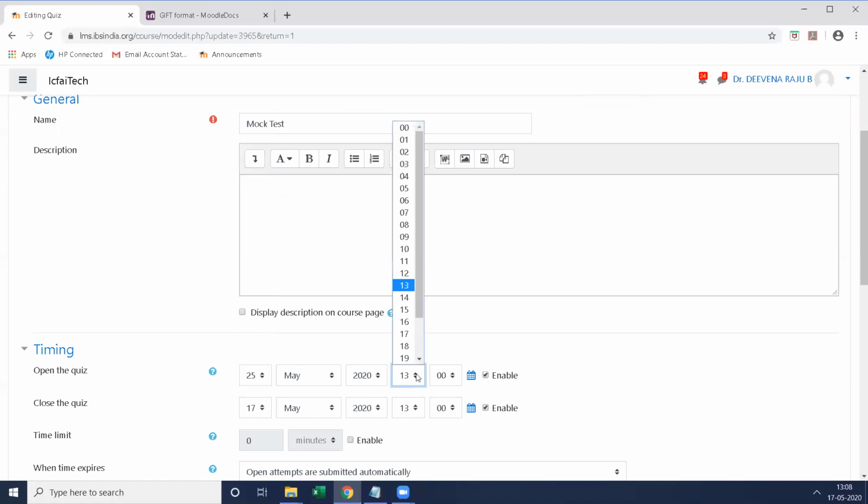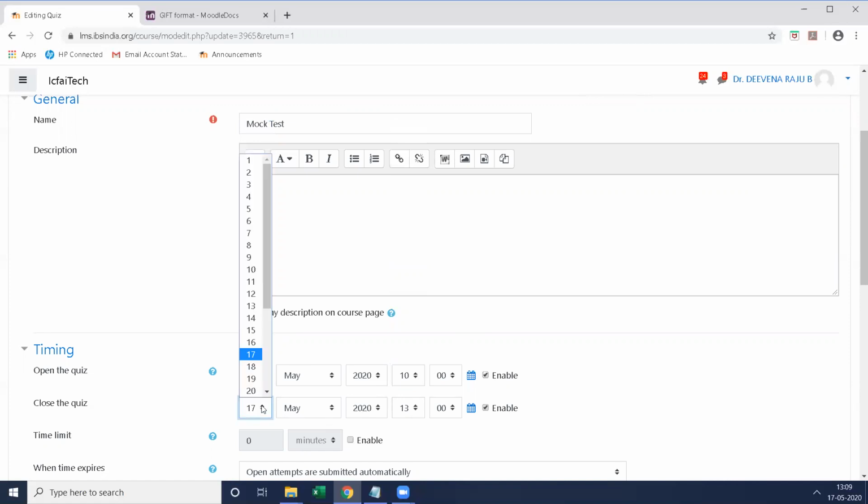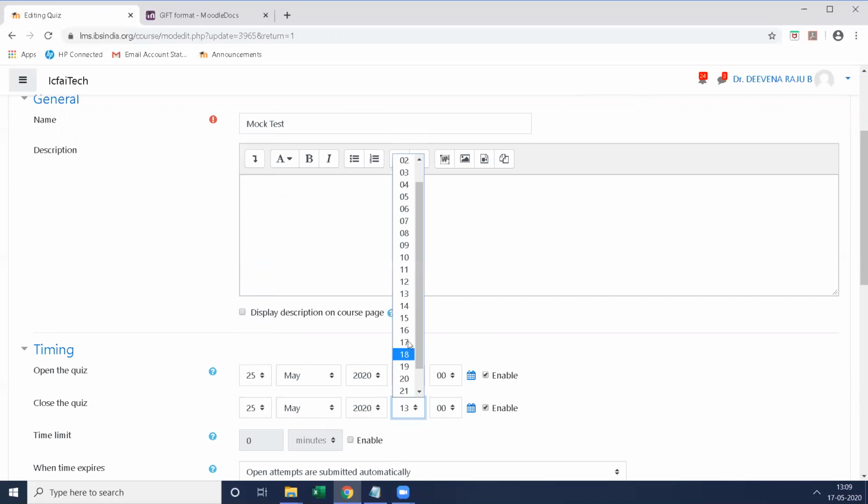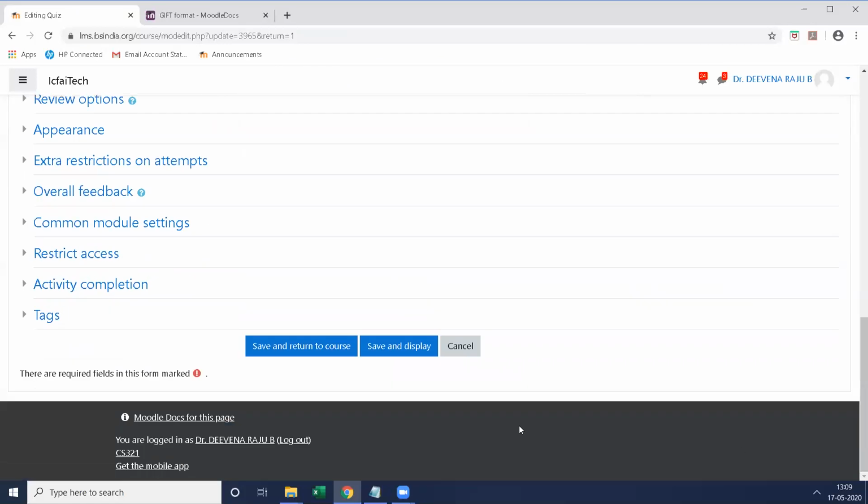Suppose the test is from 10 to 12, select 10 here, and again for the closing time, choose the date 25th and select 12 here. How many minutes is that? 2 hours means 120 minutes. Enable this part and write 120 minutes here. After changing these things, go down and select save and display.